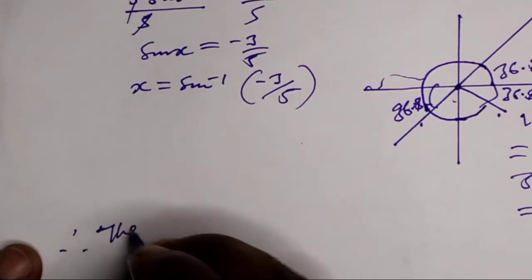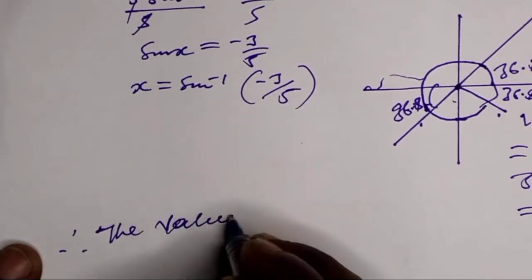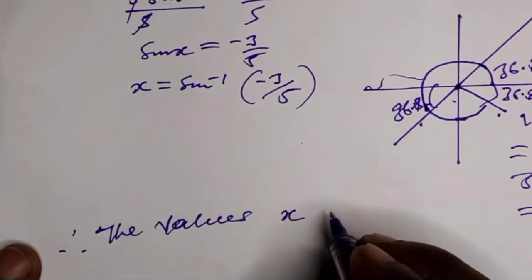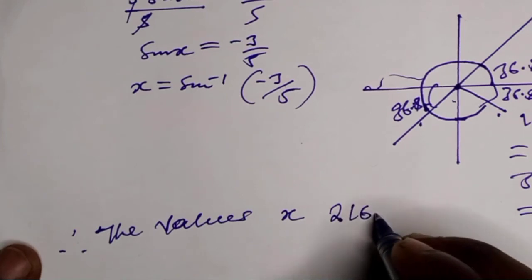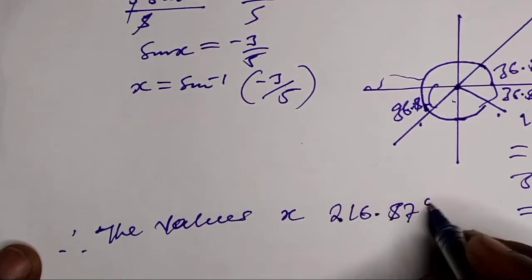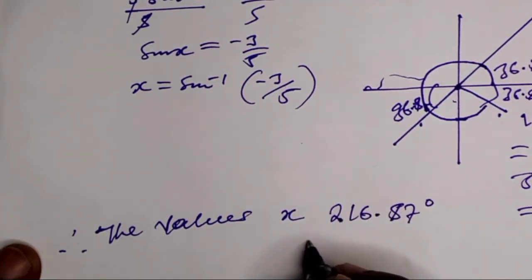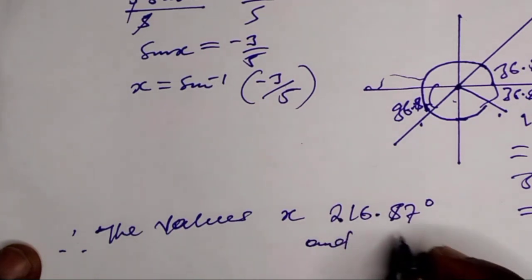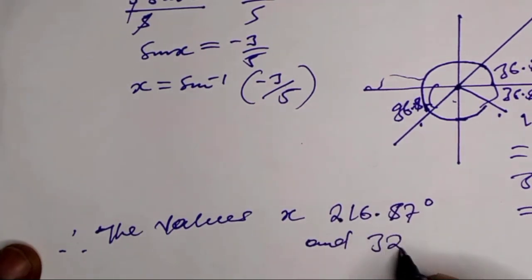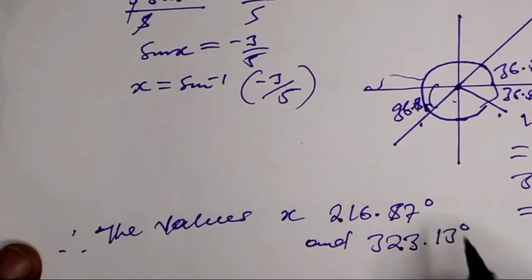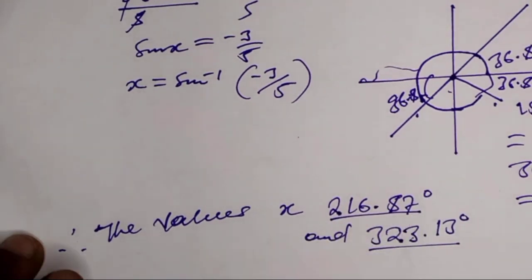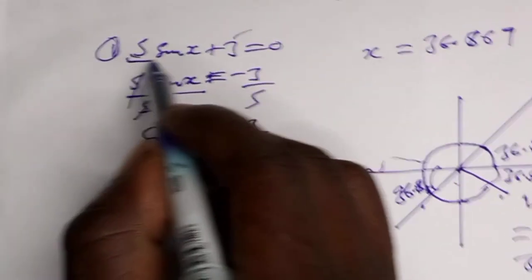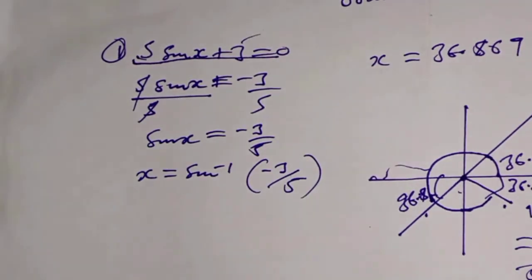Therefore the values which we have of x are 216.87 degrees and 323.13 degrees. So these are the angles which we are looking for, two possible angles in this question. So let's go for number